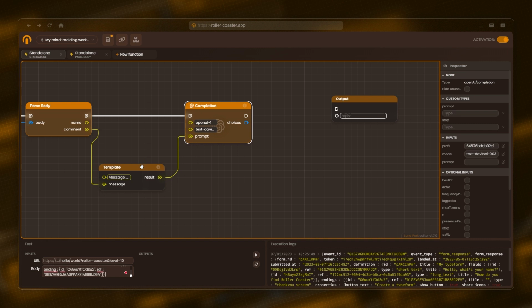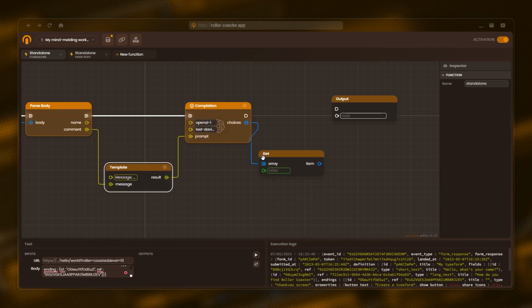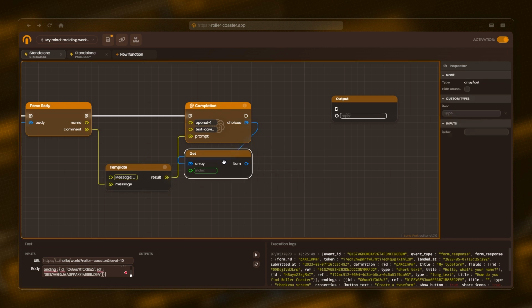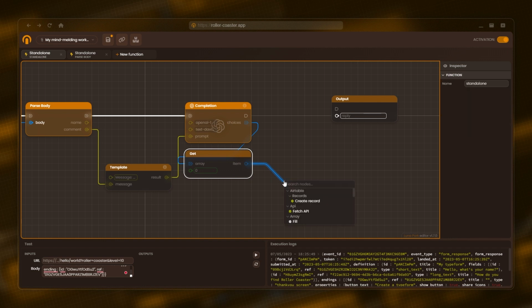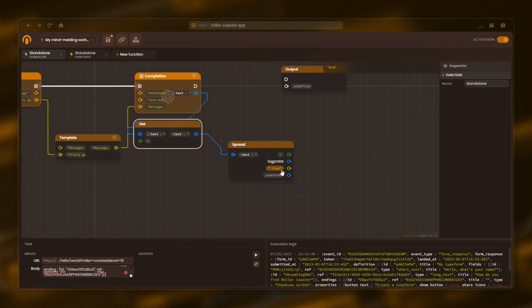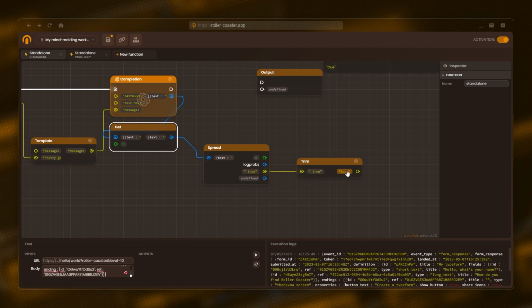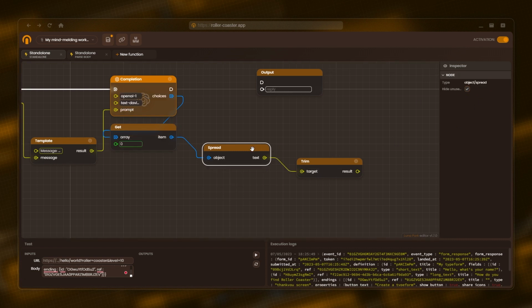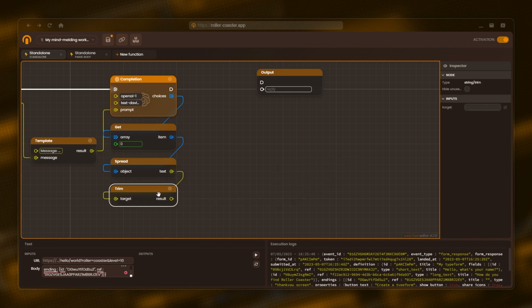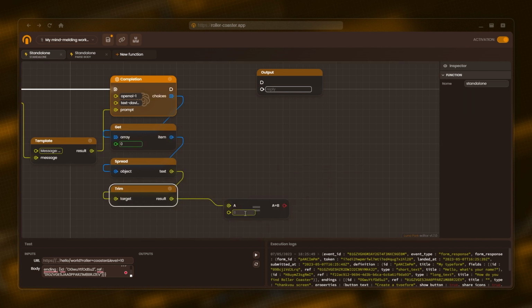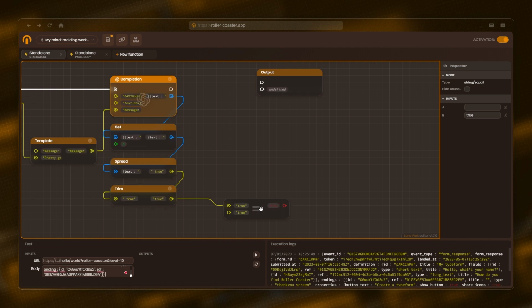So how do we extract this? This seems to be an array. I know this is an array because there's a square on the anchor. So I'll take the first one, then spread it, and our text is there. So there's a space. To trim the space, we'll use trim. And this will remove any space after and before this string. And then we'll just compare this string to the string true. And if it's true, then we'll get a Boolean